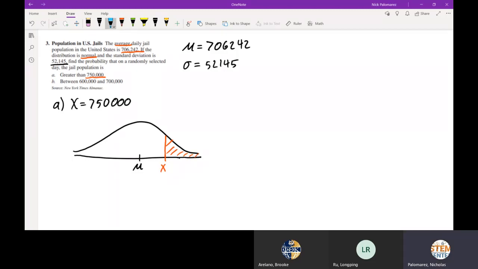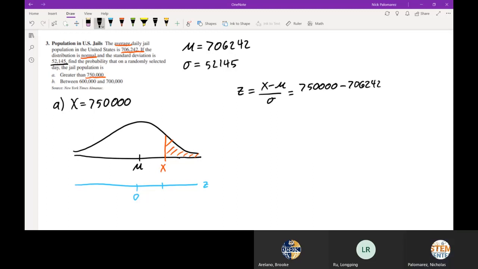So what we need to do is translate that into a Z-axis. So when we're looking at Z down here, the mean mu always corresponds to 0. Our X value corresponds to, well, we need to figure that out. So we'll use our Z transformation formula, Z equals X minus mu over sigma, and we can substitute in the values that we know. Our X value 750,000, our mean 706,242, over our standard deviation 52,145. Performing our subtraction on top first, we get